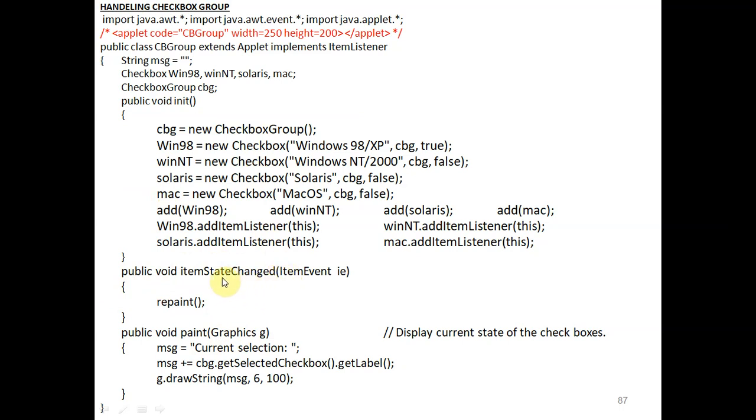But in the case of the item listener, we have only one function, itemStateChanged, because in the case of the checkbox we change the state from true to false or false to true.